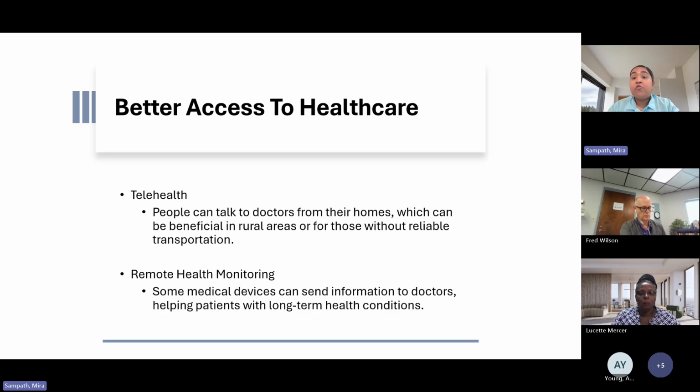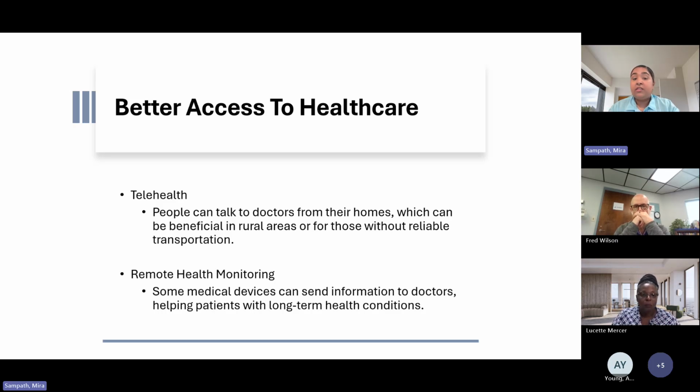So when the COVID-19 pandemic hit, one of the things that clinics did was to partner with local libraries and community centers. And so they could provide that high-speed internet access so that patients could attend virtual doctor's visits. So this was really, really impactful for people with chronic illness, like diabetes or high blood pressure. It helped them receive regular care without having to travel that long distance. And of course, during the pandemic, it allowed them to receive that care without additional exposure to COVID-19.